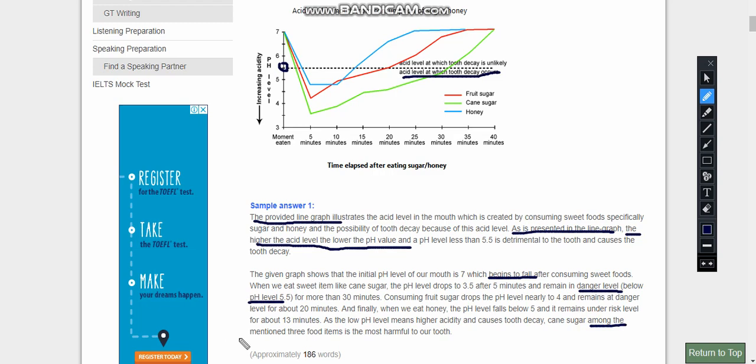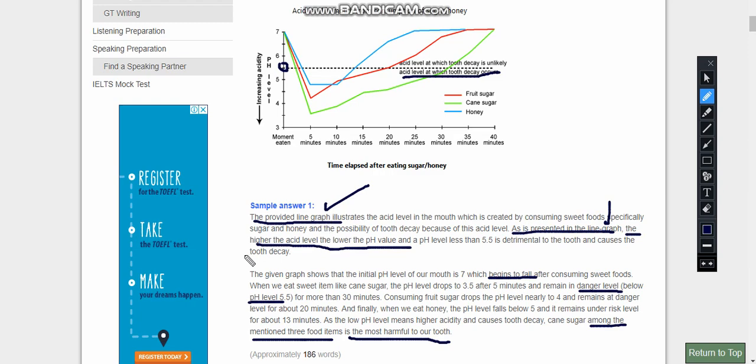Among the mentioned 3 foods, we used "among" because there are more than 2 items, and "the most" is the most powerful. So everyone knows how to use that. So for "the provided line graph", we emphasized that one. It is a good way to start. As is presented in the line graph,